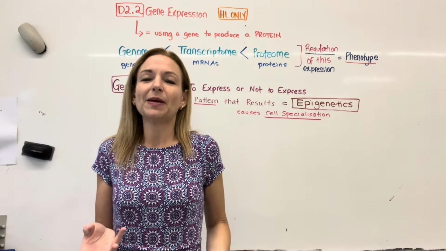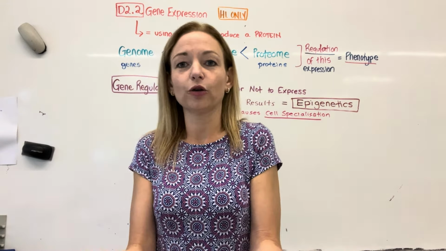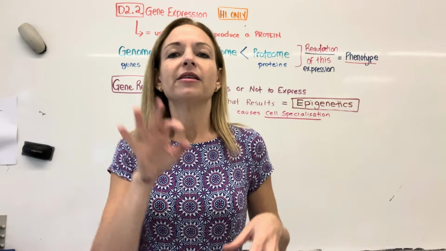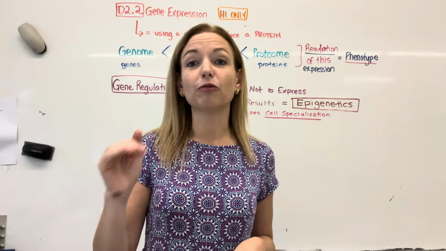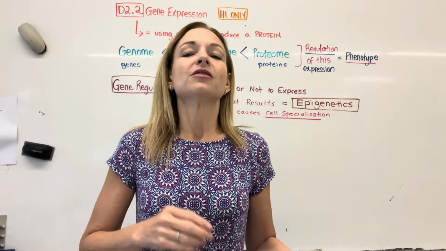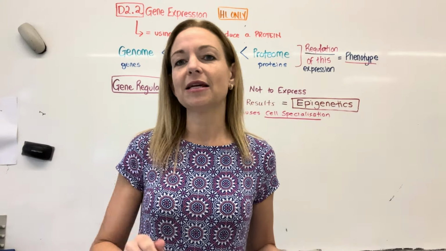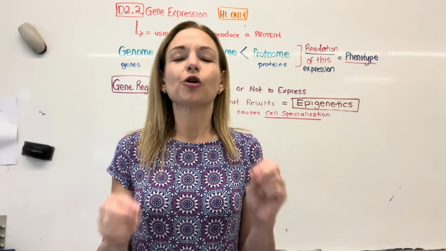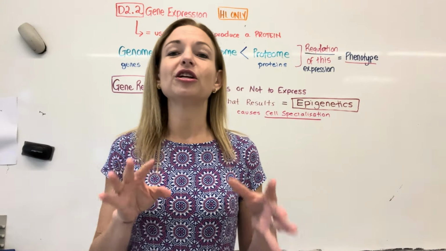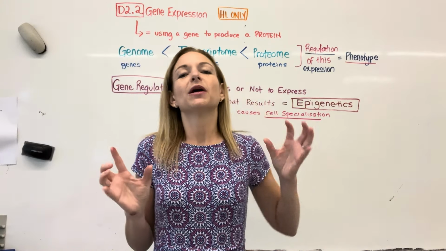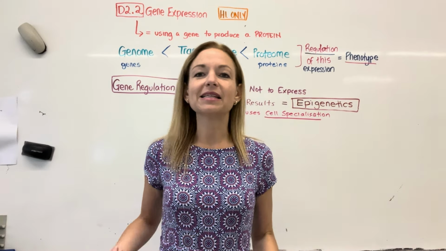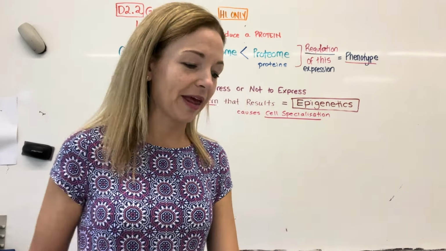So what that means is if I lent you my cookbook and I was like, have a go at copying out any recipes you're interested in, the smartest thing for you would be to decide right away which ones you would never want to use and not copy them. So it'd be a waste of your time to copy things that you're not planning on using. So be smart about what you transcribe. So that's what our cells generally try to regulate as much as they can at the DNA transcription level, but there are processes that allow for regulation from there.